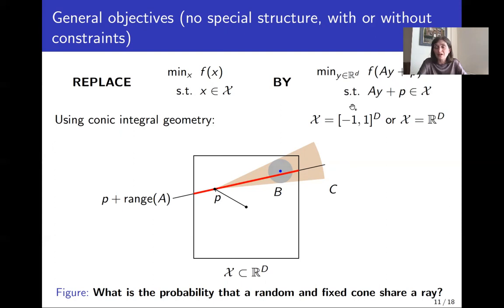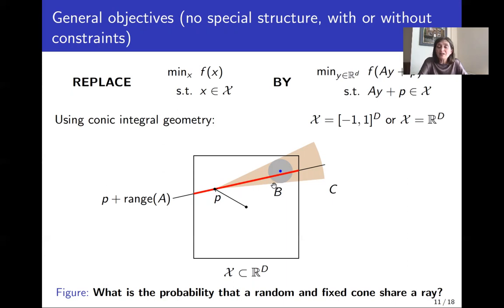So what we say is that given A, a random A, we would like to quantify the probability that when I draw this random A, so I draw this random linear or affine subspace at P, so I have a point P, and then I draw my random subspace there. You can see here this red line. I want to know the probability that this line will intersect an epsilon ball B of a global minimizer X star of the original problem. What is this probability? Can I bound it? What is my success probability?